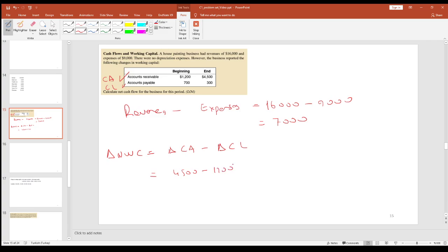So the change in these two: 4,500 minus 1,200 minus 300 minus 700, and this equals positive 3,700. So in this result, we can say that we are going to have 3,700 additional cash flow. So in order to calculate net cash flow,